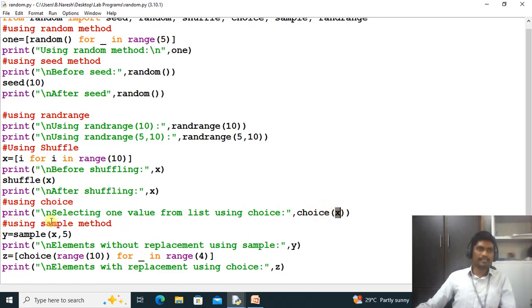Next one, sample. So here, see the statement y equals sample of x comma 5. What does it indicate? I'm going to apply the sample function on the list named x, with the number of values I want to access being 5. I want to retrieve 5 values. One more point is that whatever 5 values are obtained from the sample function, those values must and should be